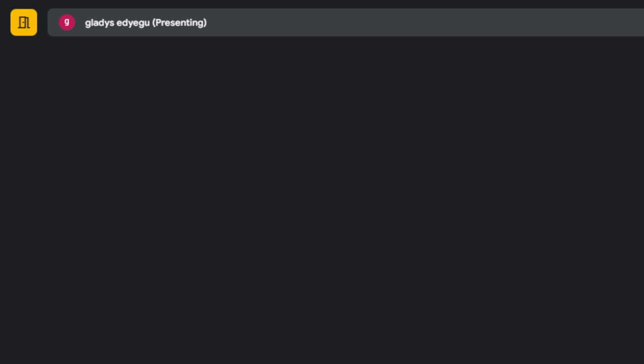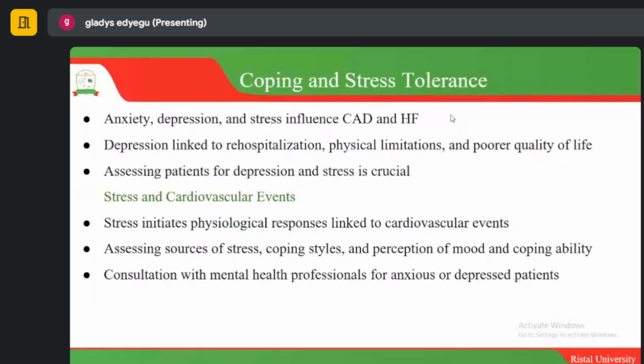Of the vascular events. Stress initiates physical responses linked to cardiovascular events. Then assessing sources of stress. So when a patient is